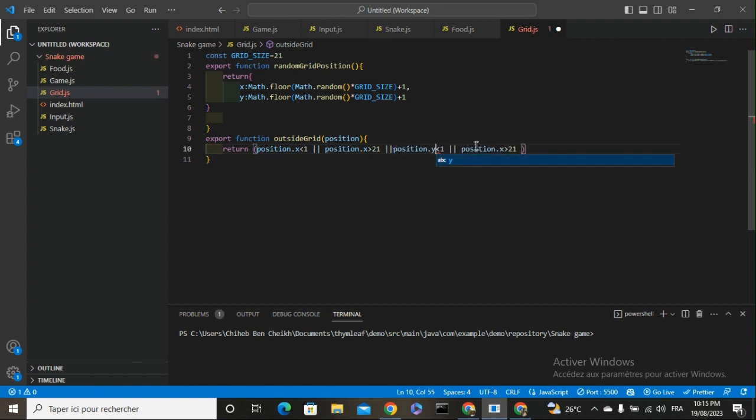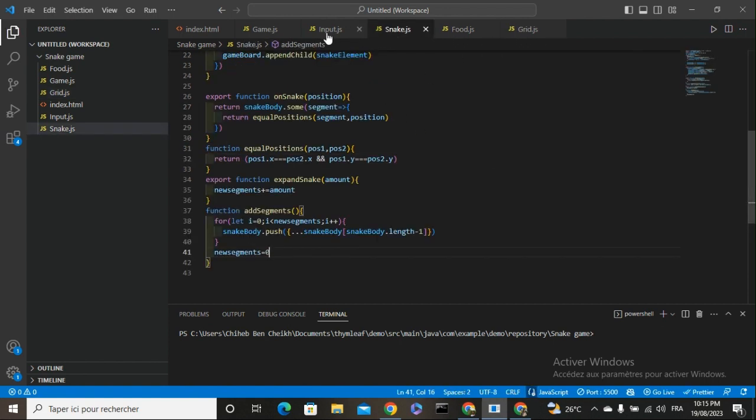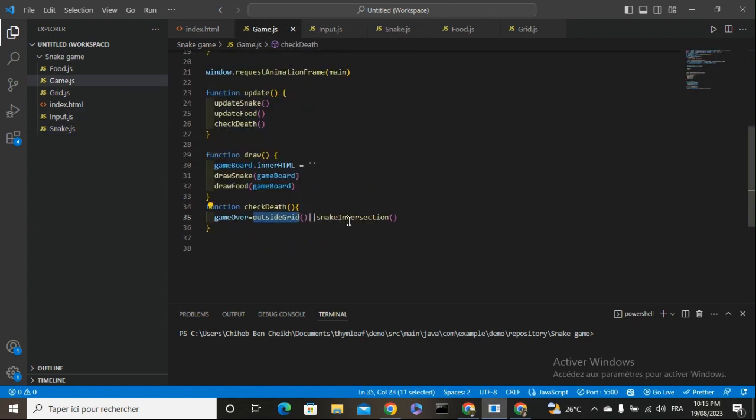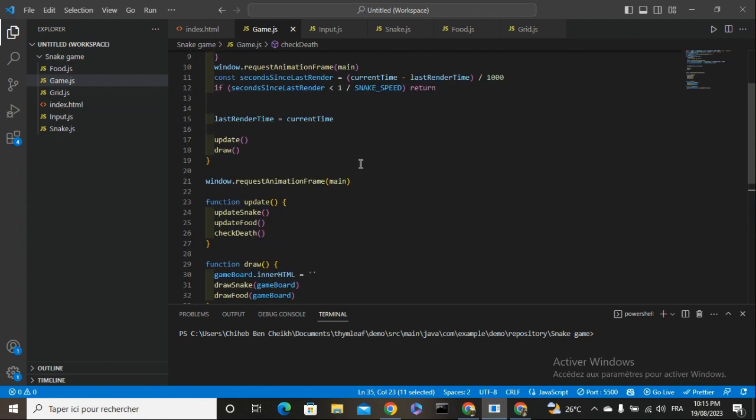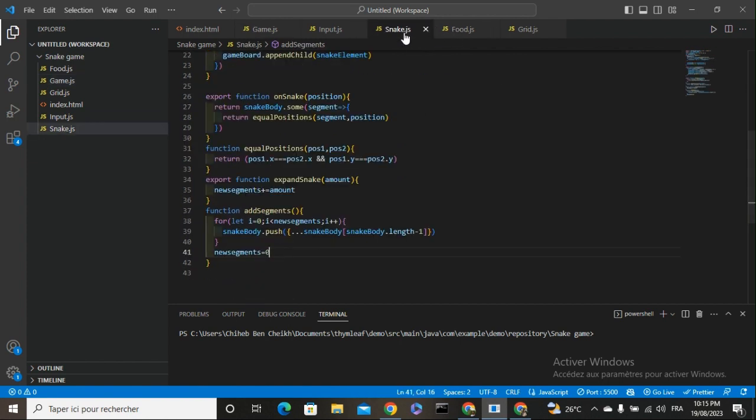Y, then here it's also y. Now we will go once again into our snake.js here, and we will define our function as declared here. I didn't declare it, sorry. So let's go into snake.js,